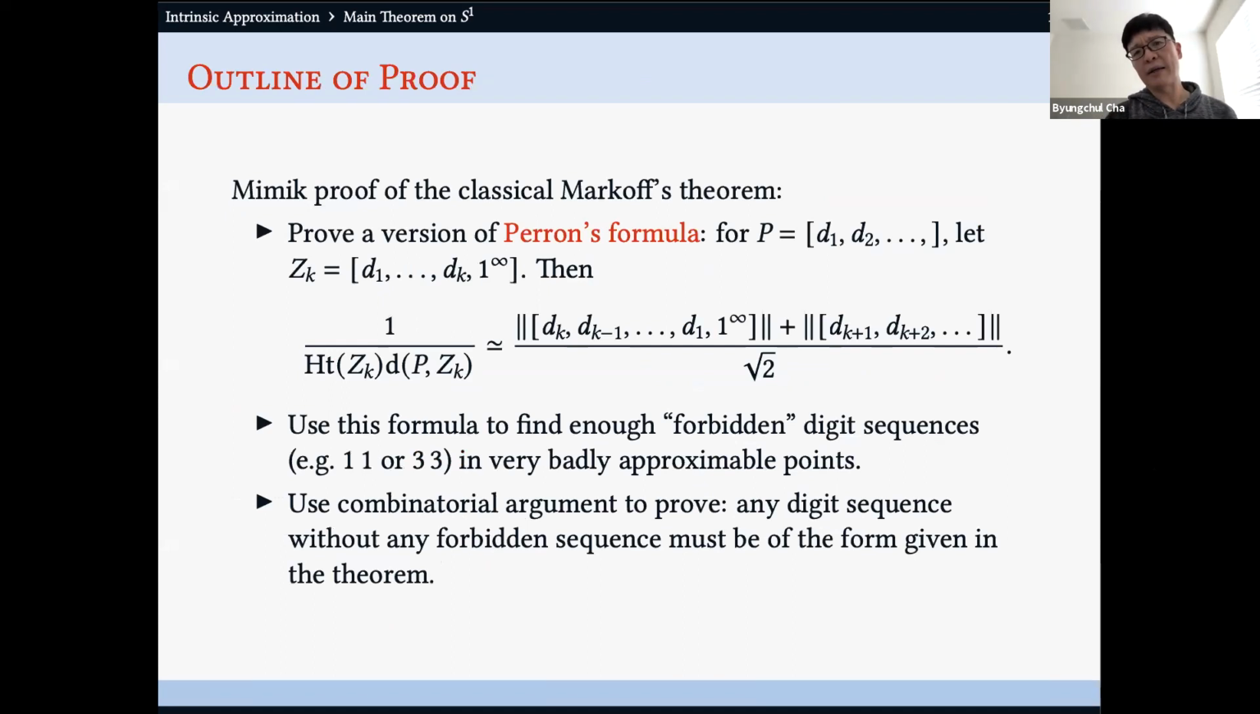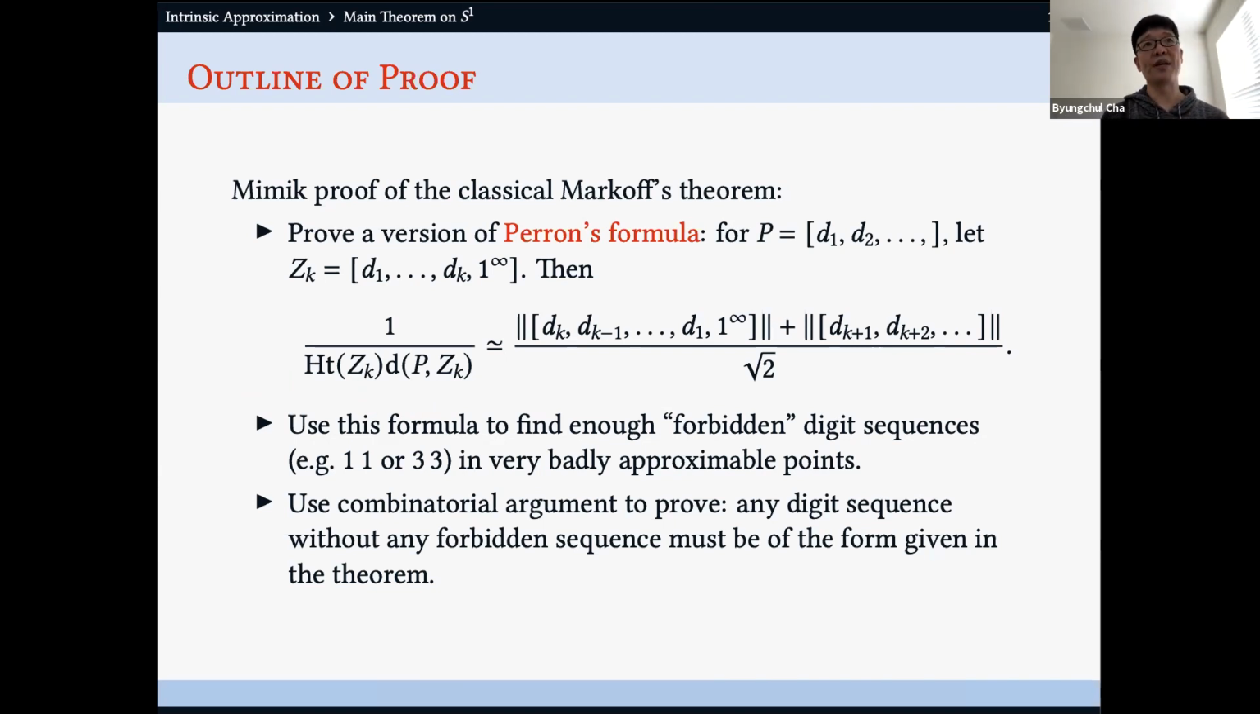Anyway, coming back to our proof, the main essence of the proof is that after we define what it means to have a digit expansion for each point on the unit circle, we prove a version of Perron's formula, which looks like this. Now this expression is obviously 1 over height times the distance, which is how we define the Lagrange numbers. And then after you have this version of Perron's formula, we are able to proceed just like